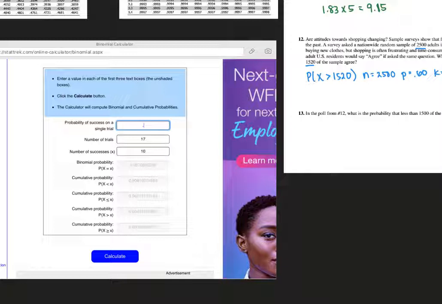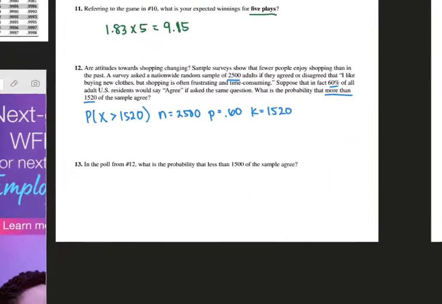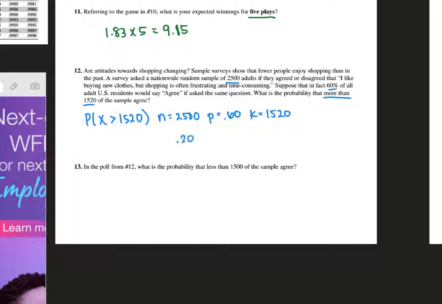So P is 0.60. The number of trials, that's our sample size. We looked at 2,500. And the number of successes we're interested in is 1520. And remember, we're looking for more than, which means we need to look here. So that's going to be 0.2014. So in context, the probability that more than 1,520 of the sample agree is